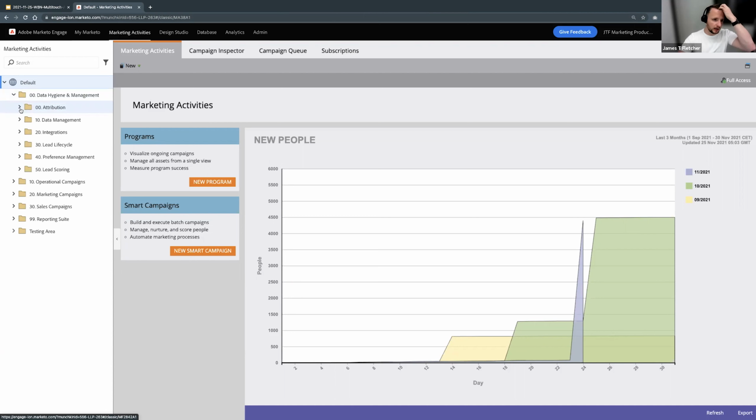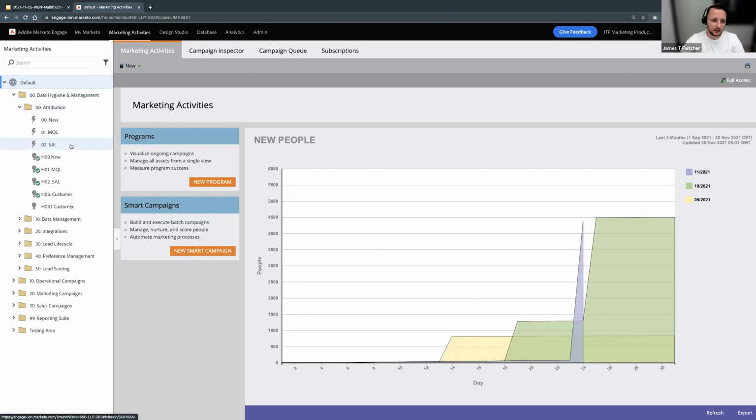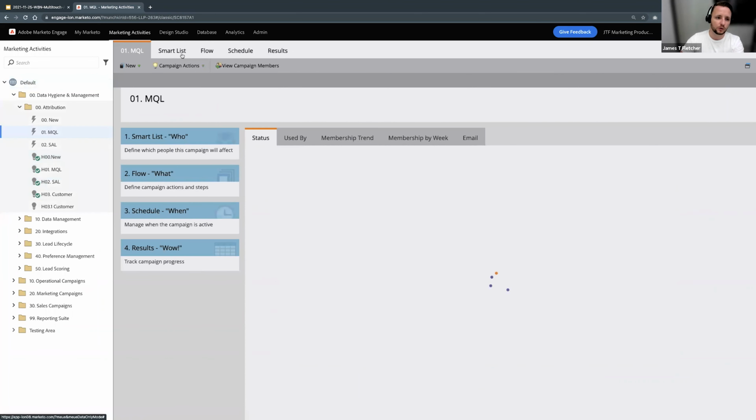If I jump into my marketing activities here on the left-hand side in my tree, I've got an attribution folder under data hygiene and management. And you'll notice two things. I've got some trigger-based campaigns, and I've also got some historic cleanup campaigns, which I always name with an H at the start, just to make it easier for me. And if I jump into the MQL one,